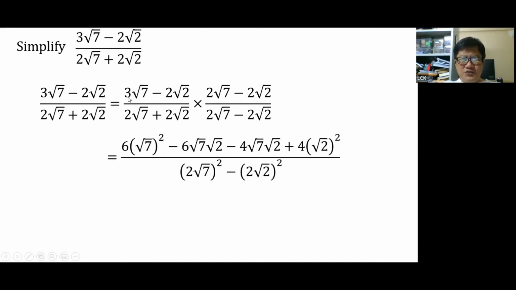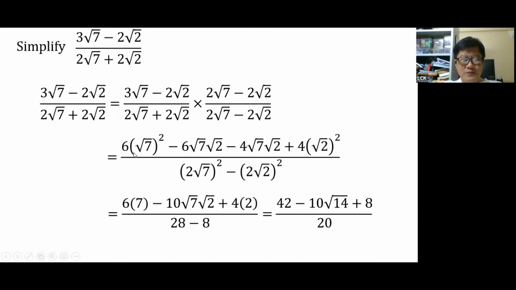Here is just 3 times 2 is a 6. Square root 7 times square root 7 is square root 7 squared. The minus sign comes from there. 3 times 2 is a 6. Square root 7, square root 2, just lay it out here. Minus 2 times 2 is minus 4. Square root 7, square root 2 is from here. Now the last one, minus 2 times minus 2 is a plus 4. Square root 2 times square root 2 is here. Once you settle all these things, it looks very messy. It is very messy. But just take your time